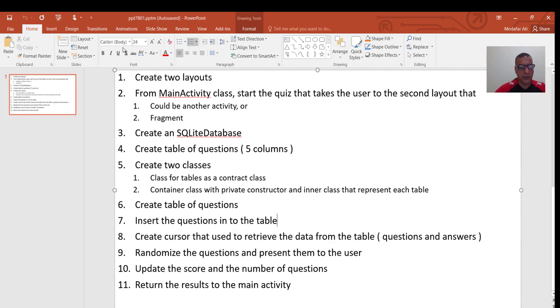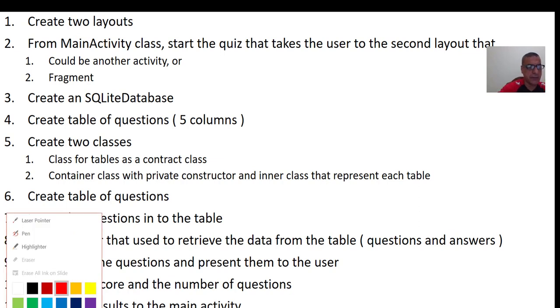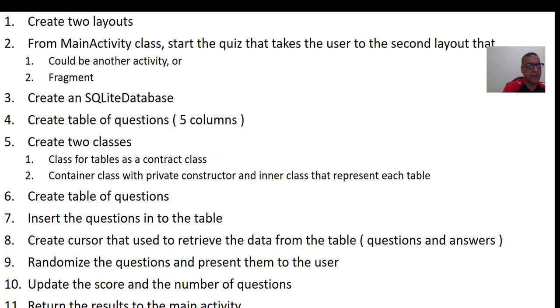Up to now, if we notice what we've done on these parts in this program. First of all, I'll just go in here. We created the two layouts. We created two main activities as well, and then we created the SQLite database. We created tables as well, and we created the two classes, one for the contract, which we called the quiz contract, and the other one the container, which is called the questions. It's called tables. And then we created the table for the questions. And last time, in the last video, we inserted the